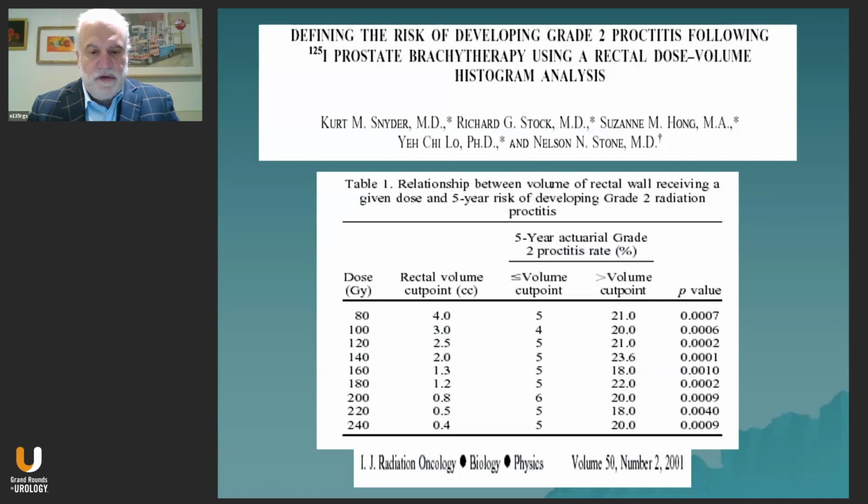This is one of the first studies specifically on brachytherapy that looked at the effect of the dose given off by the prostate and the seeds to the rectum, and that relationship to developing what we call grade 2 proctitis, or we defined it as rectal bleeding. This is a paper we wrote in 2001. We looked at our iodine-125 implants and measured the dose delivered to the rectum, and then created dose volume histograms for each patient, and looked at the amount of rectal tissue receiving the prescription dose and its relationship to developing grade 2 proctitis. Our endpoint was 5-year actual grade 2 proctitis